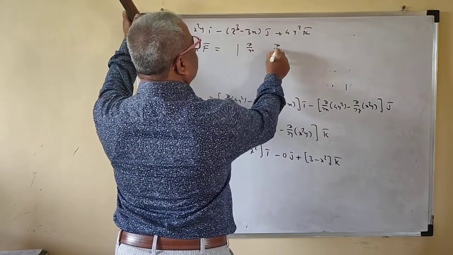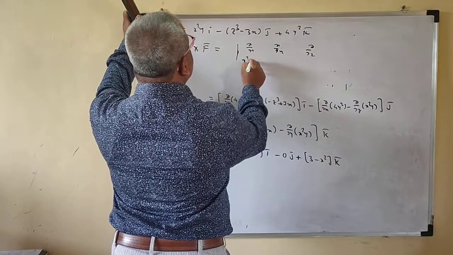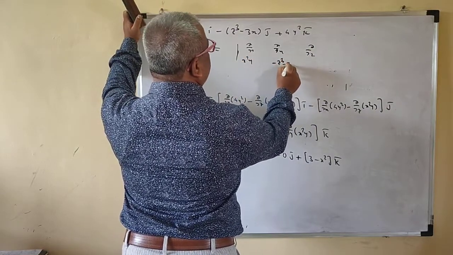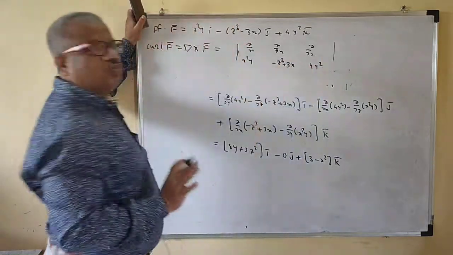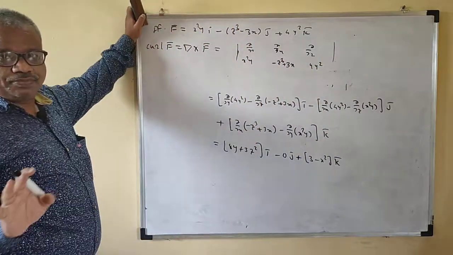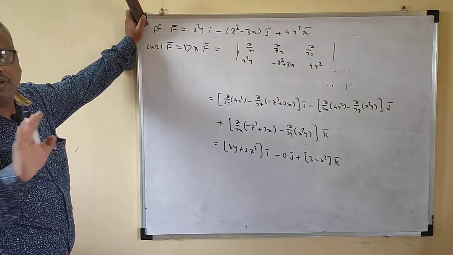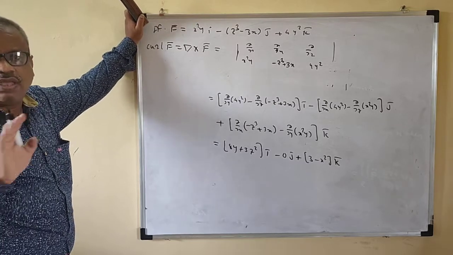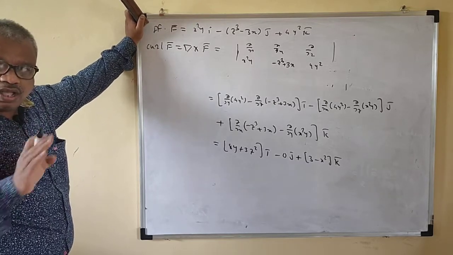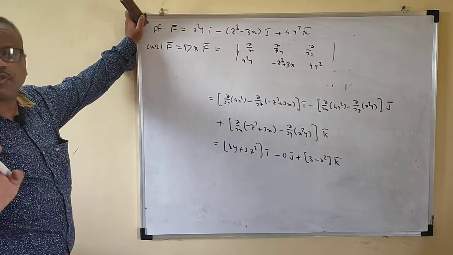Write ∂/∂x, ∂/∂y, ∂/∂z. Write the first component here, x²y, then −z³ + 3x, then 4y². Only write these two rows for a competitive exam. Suppose all the first components are the same, then don't find the first component. But if the first component is different across the options, just find the first component only.